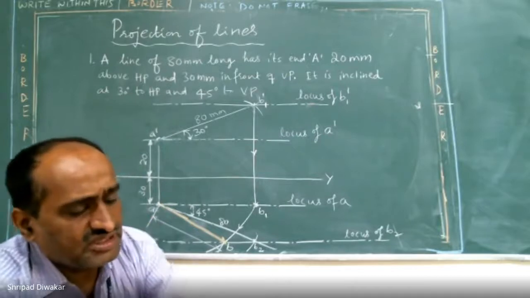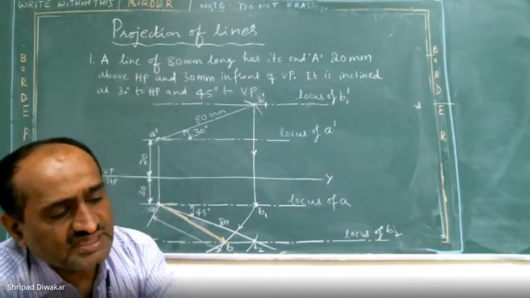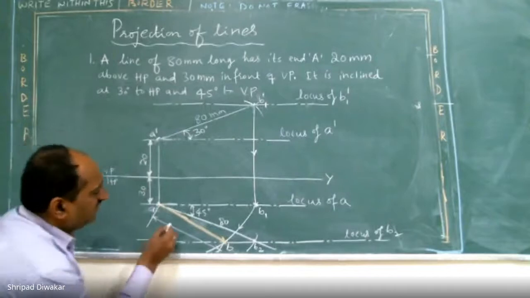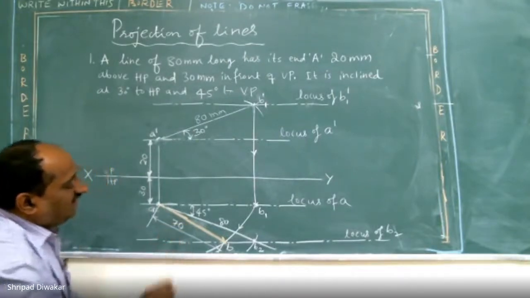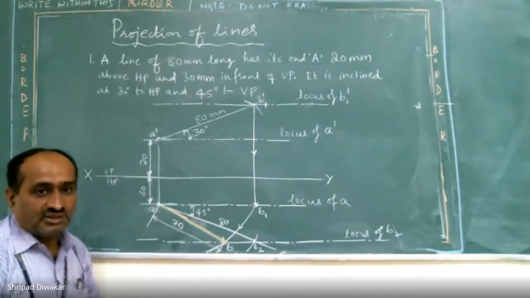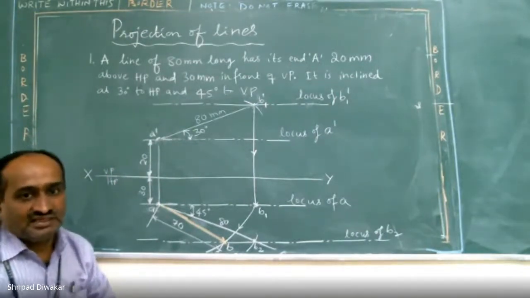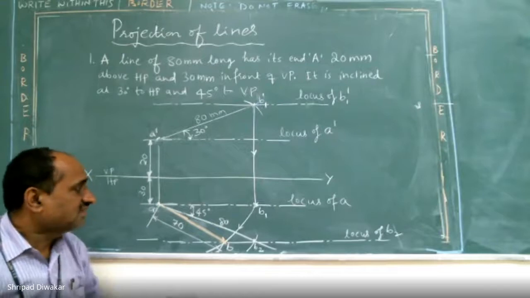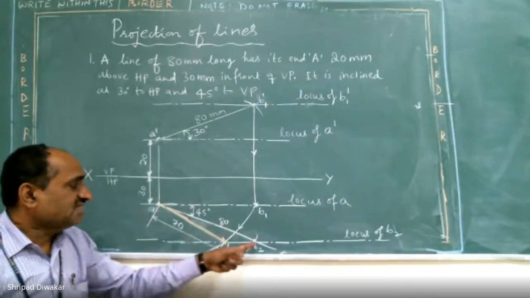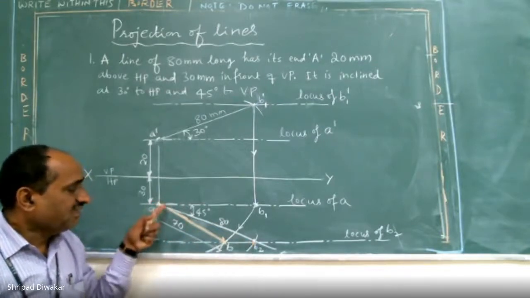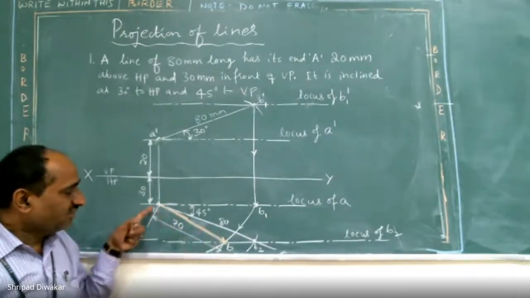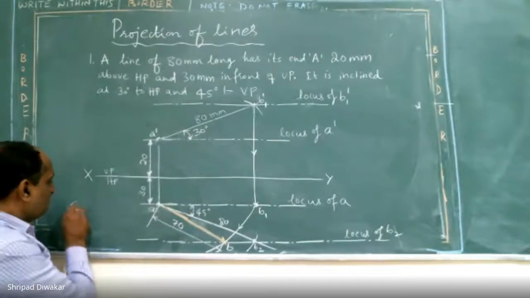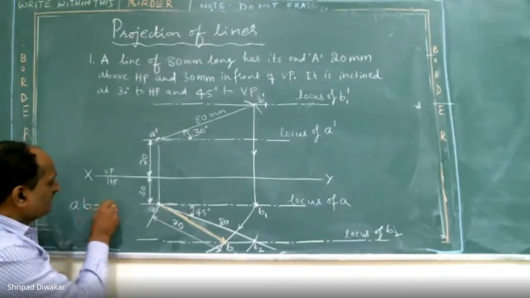By measuring this one, we are getting approximately 69 to 70 mm. 70 mm is the apparent length in a top view. Be careful while representing the symbols. You have to always represent it as B2, and AB is the apparent length in top view. You have to measure and write the dimension. AB is 70 mm.